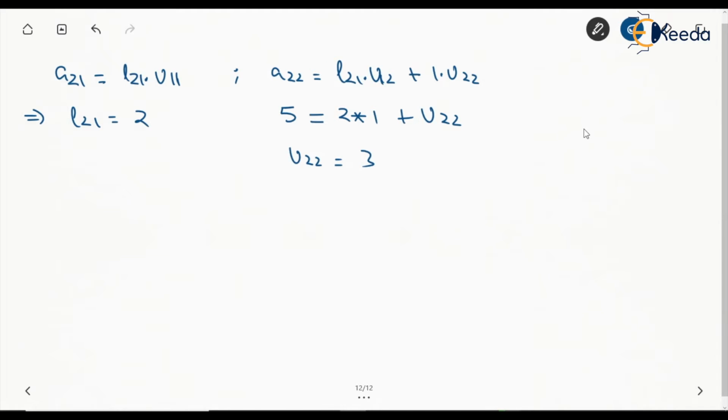Moving to A23, A23 will be L21 into U13 plus U23 into 1. So this is going to be 2 equal to 2 into 1 plus U23, and U23 becomes 0. So one more row is done. Now we can move to